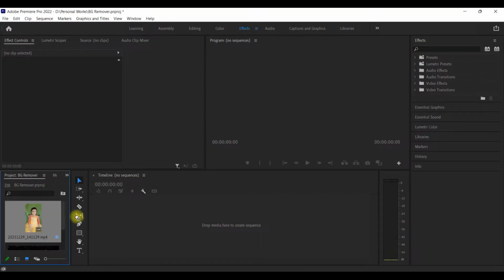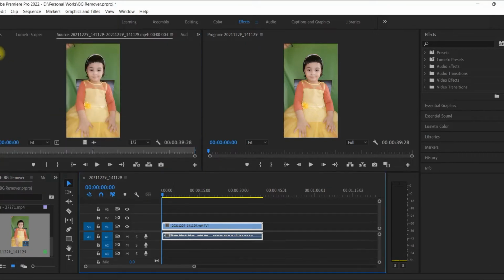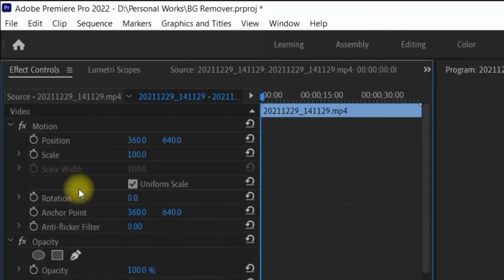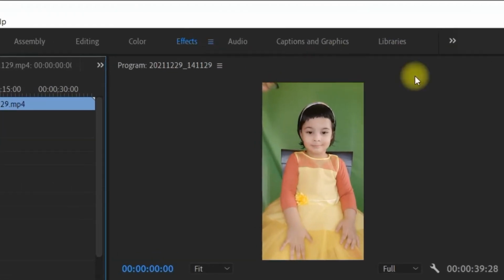Now I'll simply drag this again and bring it to the panel. So we have two layers here, one is the video layer and one is the audio layer. I'm going to work on the video layer. As soon as I select this video layer, it gives me two options. One is video effect control. I'll have to work on this, and first I'll have to select effects, and in the effects panel on the right hand side